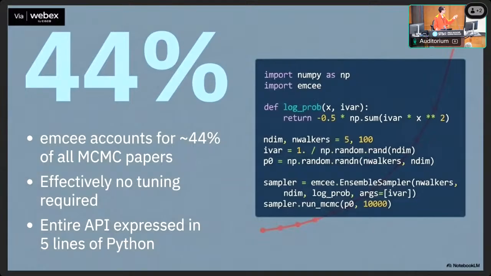And for reasons that I won't go into here, this essentially means that almost 100% of papers that do MCMC analysis use this package. It's not exactly 100, but it's a humongous vast majority. And a lot of times, the reason that number is about 44% is because papers that cite MCMC don't often use it. They're often taking results that have been derived from it from other papers. And so this is, I think, pretty much a saturation point. This process took about 10 years to happen.